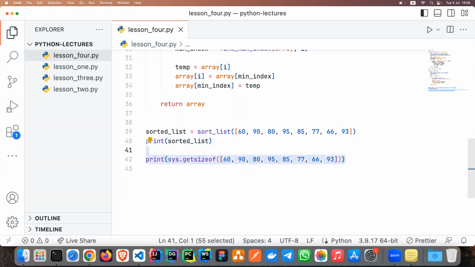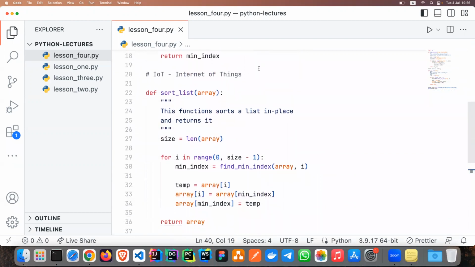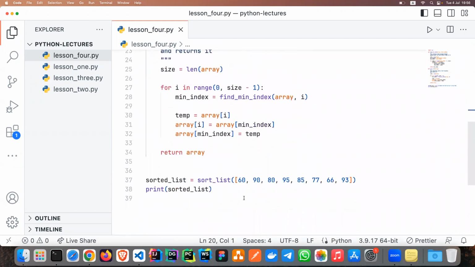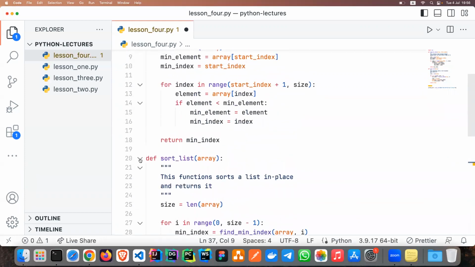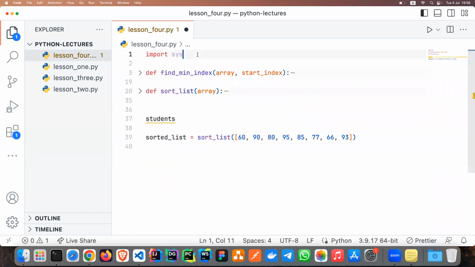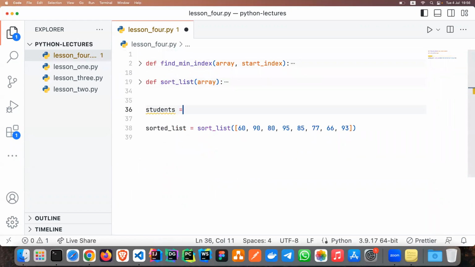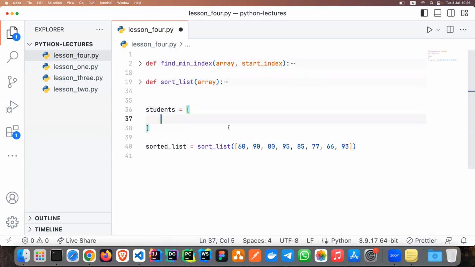Okay, we can actually modify this function a bit to be able to sort, for example, a list of dictionaries. Let's say I have a list. Let's call this students. Let's collapse them so that they don't distract us. Inside the list, I have some dictionaries. In this dictionary, I have a student named